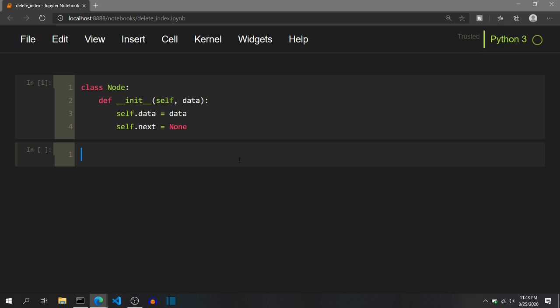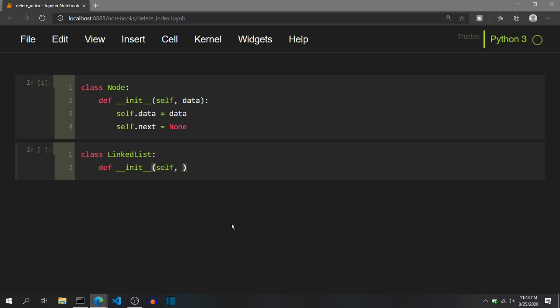So let's execute this. So class node is done. Now we can start writing the code for the linked list class. So class LinkedList, like this. Again, a constructor, def init self. As we have already covered how to insert nodes to the linked list in the previous videos, we will be inserting nodes to the linked list in the constructor itself.